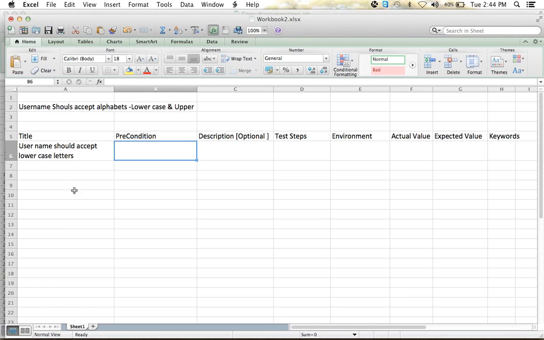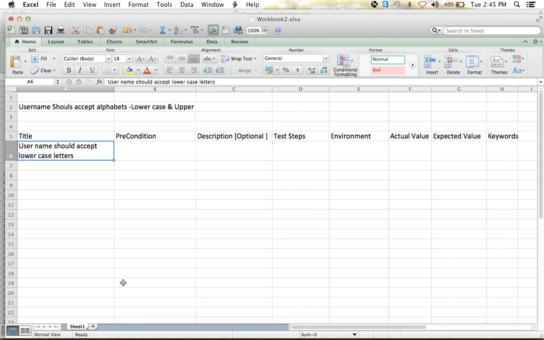So this is the template. We need to have a minimum of a title, a precondition, description, test steps, environment, actual value, and expected value. So these all should be there for defining a particular test case. If we don't have any test steps and have only a title, you can understand that test case if you work on that project continuously. But tomorrow, if another new person comes into your position, and you have only a title and no test steps or environment, he may not understand. So these are the minimum things to be mentioned so that it will be flexible for any person to understand.